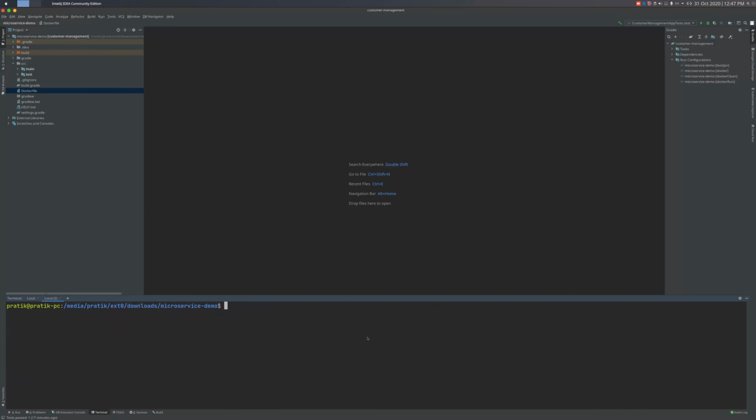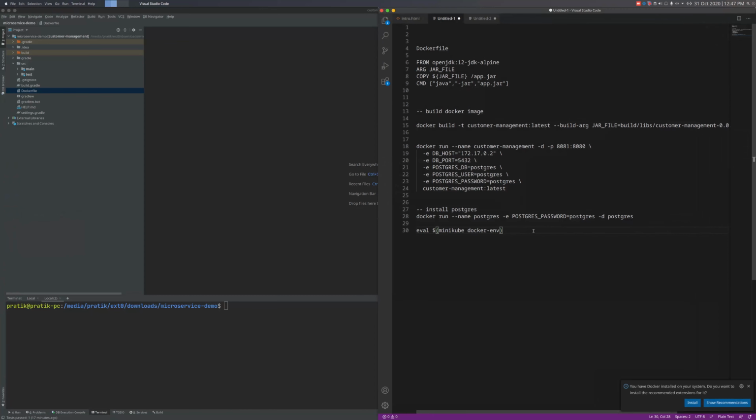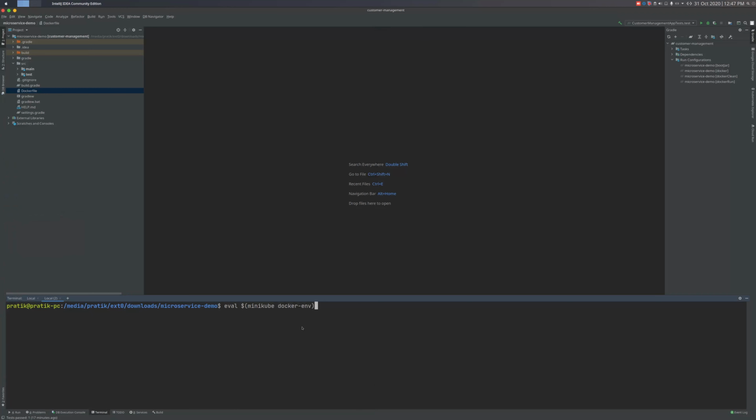Okay, so what we are going to do is we will be deploying our application in Kubernetes. So for that, we would have to first get into the shell of this minikube, like the Docker environment of this minikube. For that, there is a handy command here. If we use this eval minikube Docker environment, it now points to the Docker environment within the minikube. So if I run Docker